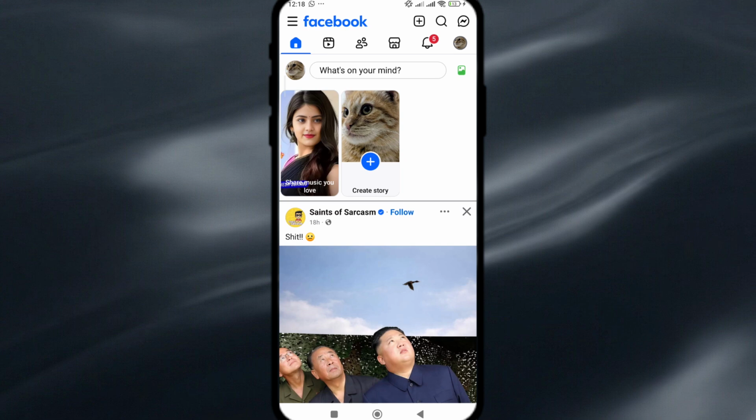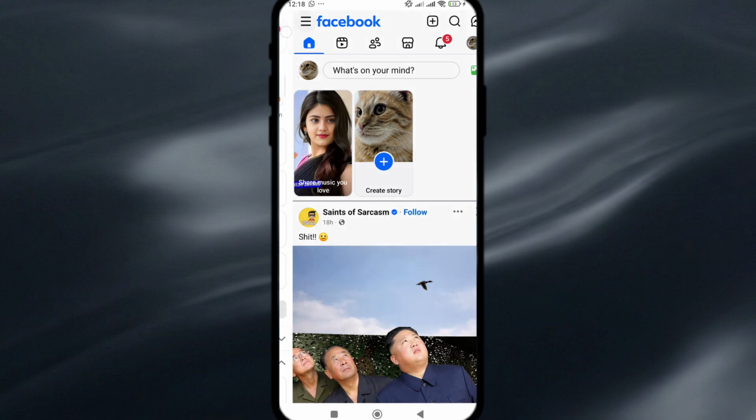In this video, I'll show you how to host an event on Facebook using the app. First, open the Facebook app on your phone and make sure you're logged into your account. Once you're on the home screen, tap the three horizontal lines icon in the corner of the screen to open